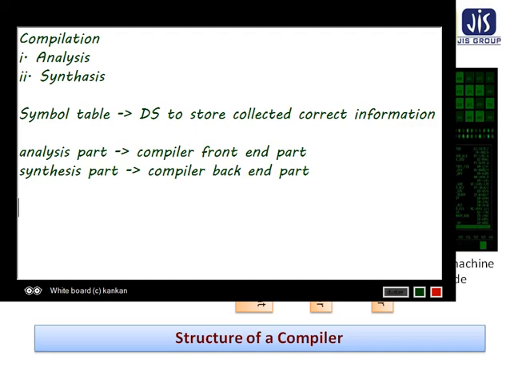If we examine the compilation process in more detail, we see that it operates as a sequence of phases, each of which transforms one representation of the source program to another.